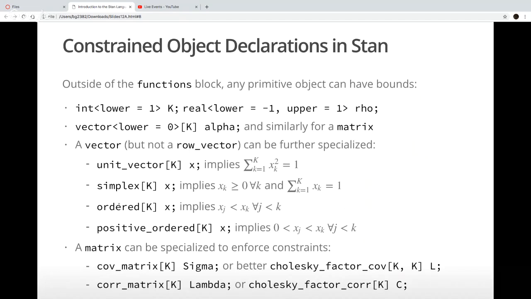That means it's a valid Cholesky factor for a correlation matrix. And all of these are particularly useful when we deal with multi-level models, which we're not going to get to today, but we'll talk more about on Thursday and next week. So all of these types are available to be used outside of the functions block. You can be more specific. Questions about any of those?